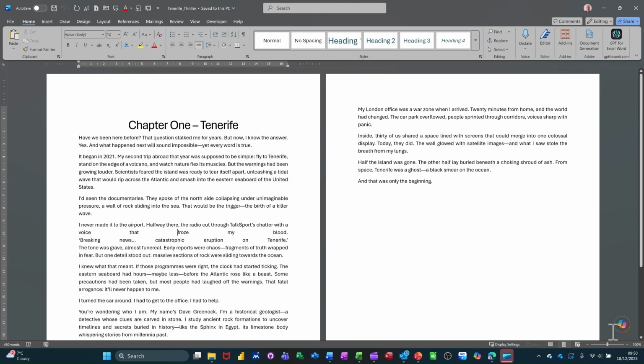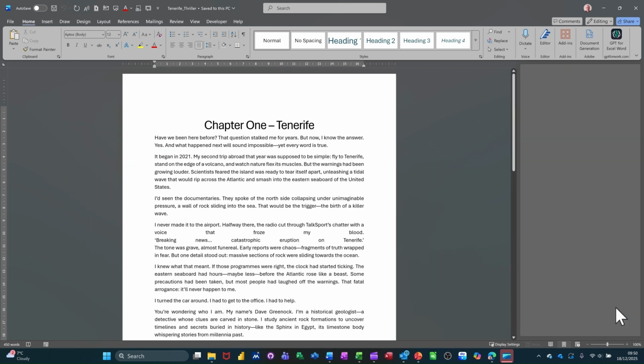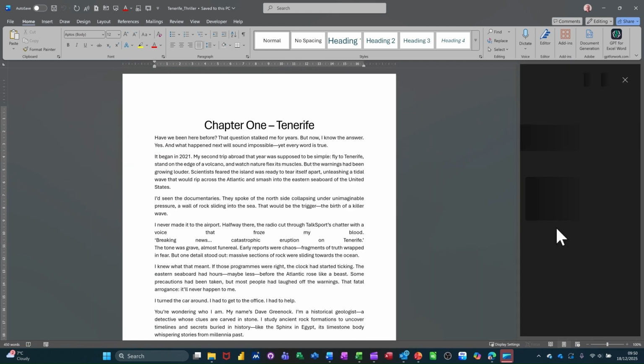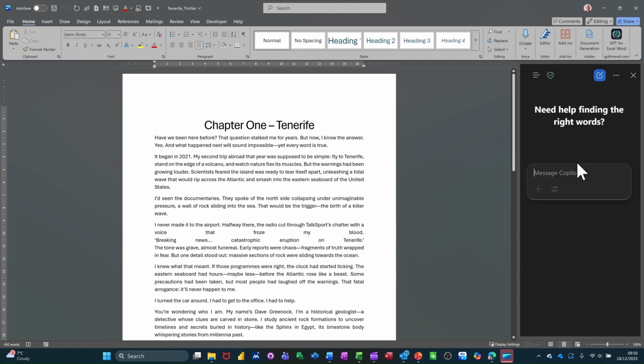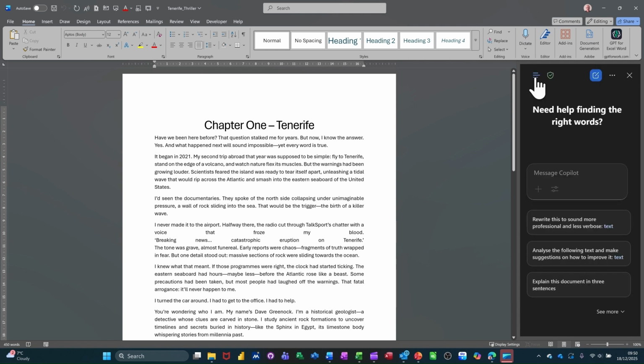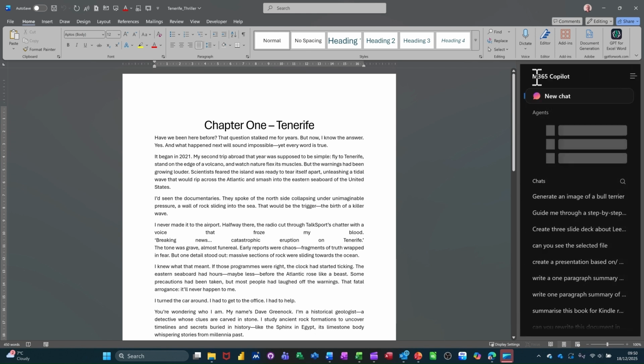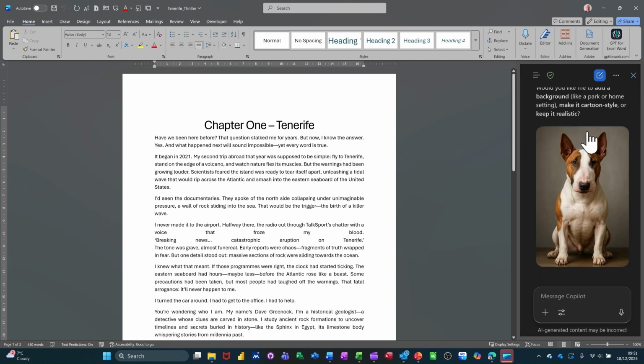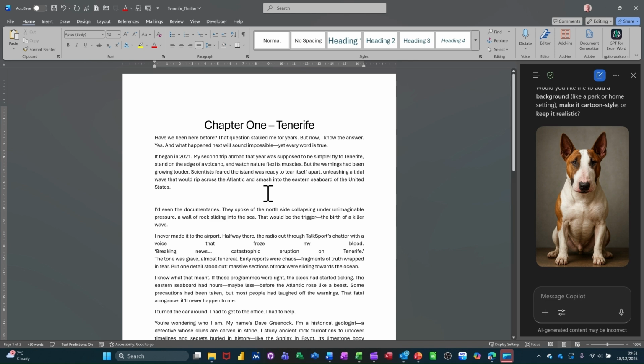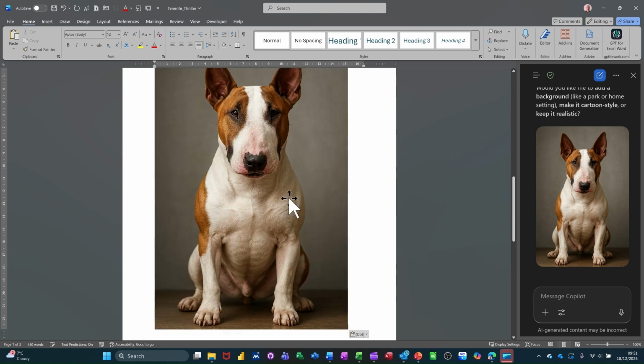And if I click on Copilot again, it should remember what I've been doing, and you'll see the list coming up in a second. If I go and select the navigation pane and pick the Bull Terrier option, there's a picture of the Bull Terrier, and then I can copy that one and stick that wherever I want it in here as well. So you've still got access, even though I'm in a new document, to the same features that you've been asking questions about